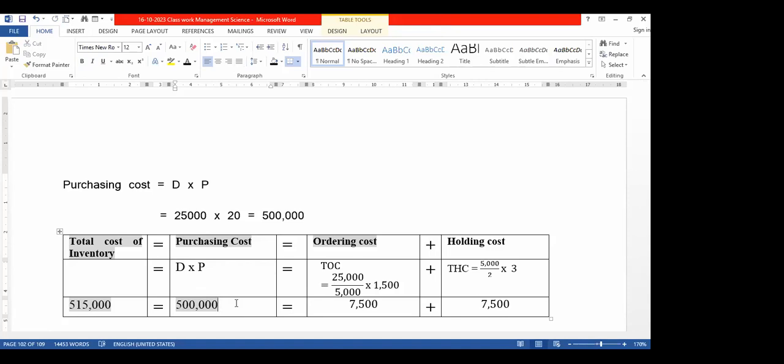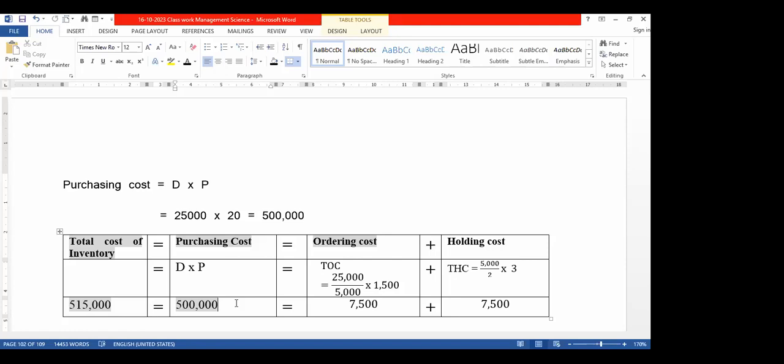We are only looking into ordering cost and holding cost. In management science, you have to understand it incorporates the purchasing cost as well because it is a big amount. It's also related to getting inventory and keeping inventory. Without getting inventory, we cannot keep the inventory, right? So the purchasing cost